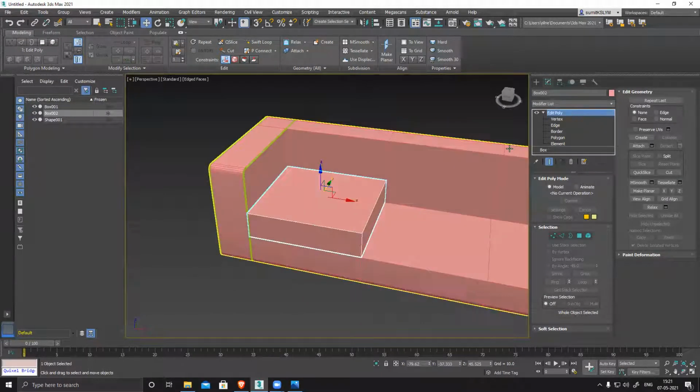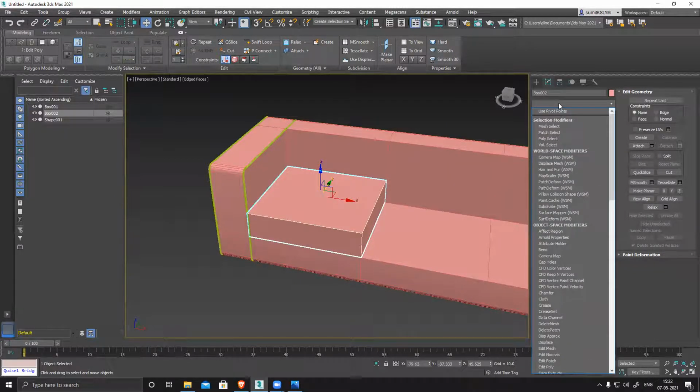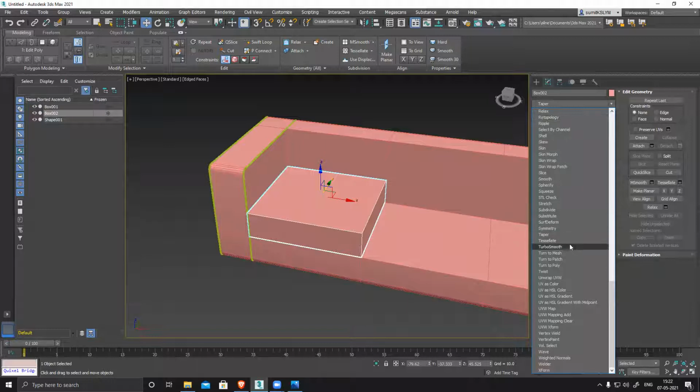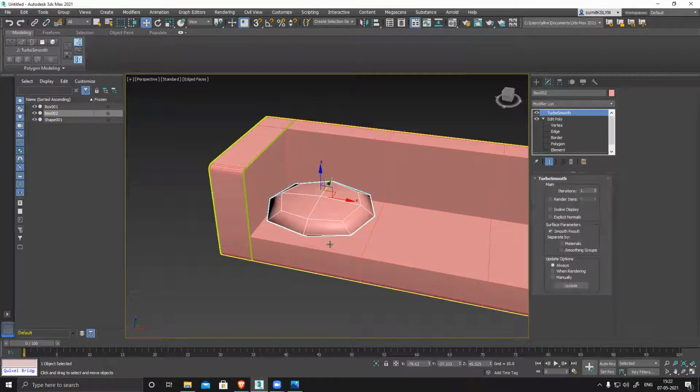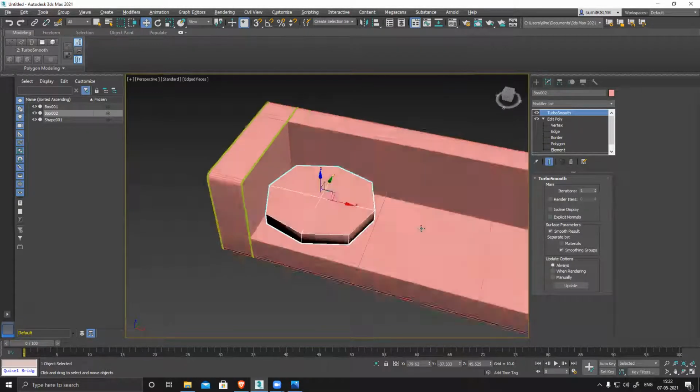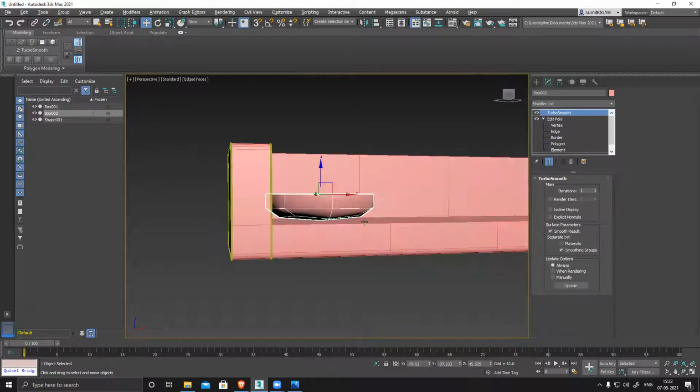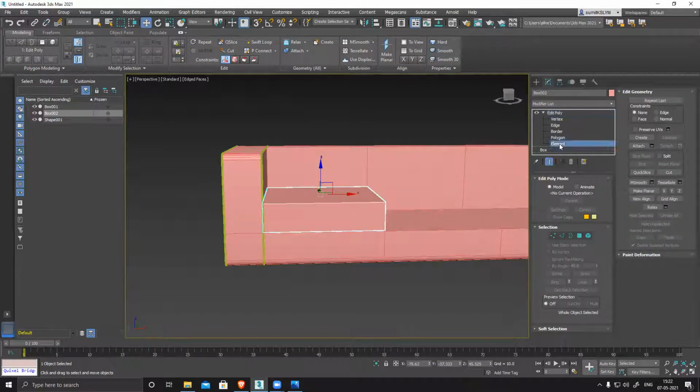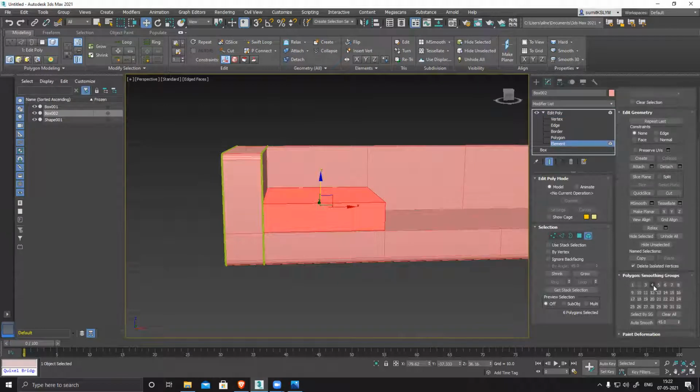So what I'll do, I'll go to modifier, use a turbo smooth. What turbo smooth basically does is smooth the entire model and add more polygons, but you can see it distorting the shape. So I cannot use it directly. What I have to do is switch on smoothing group. If I switch on a smoothing group, it will retain the shape. So right now the smoothing group is not correct. So I have to go to element mode, select this, clear all, and auto smooth.